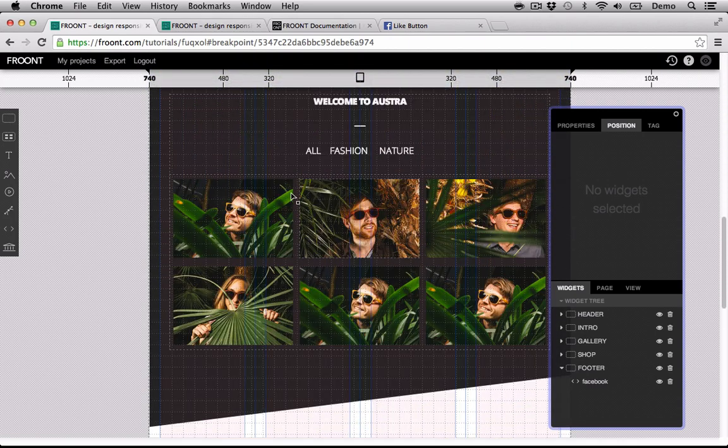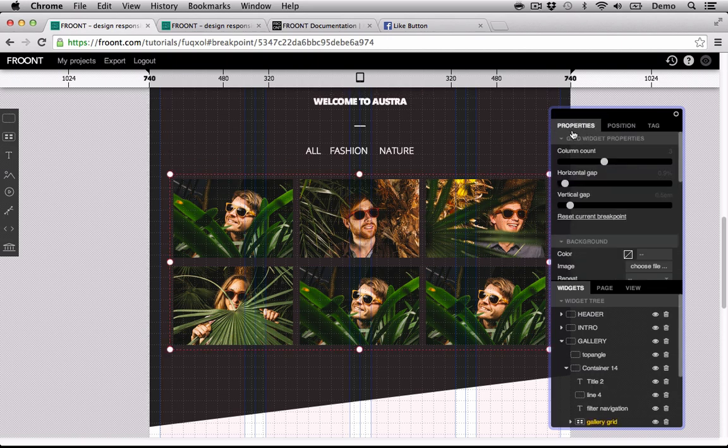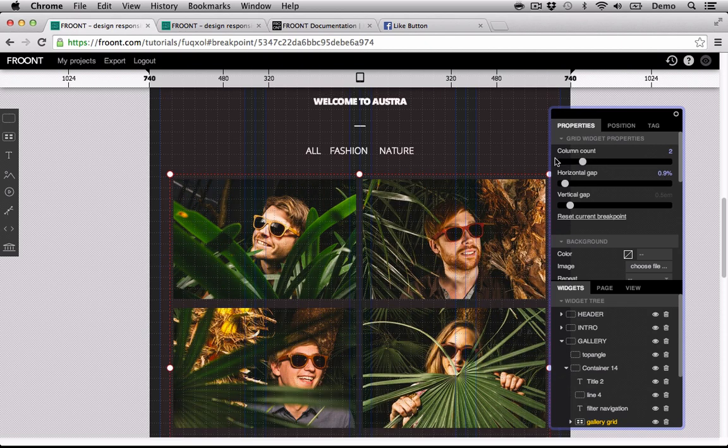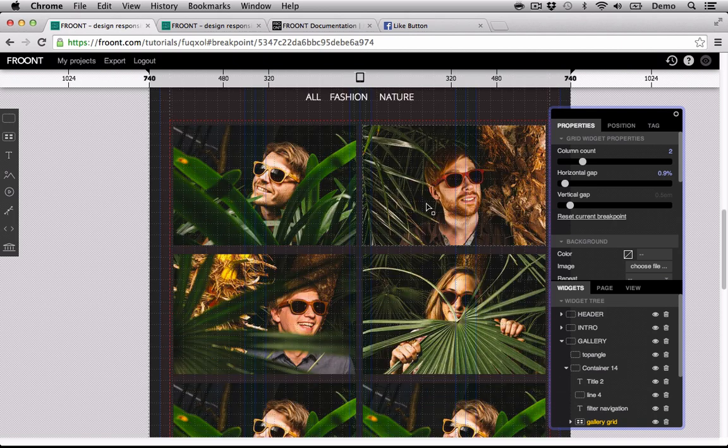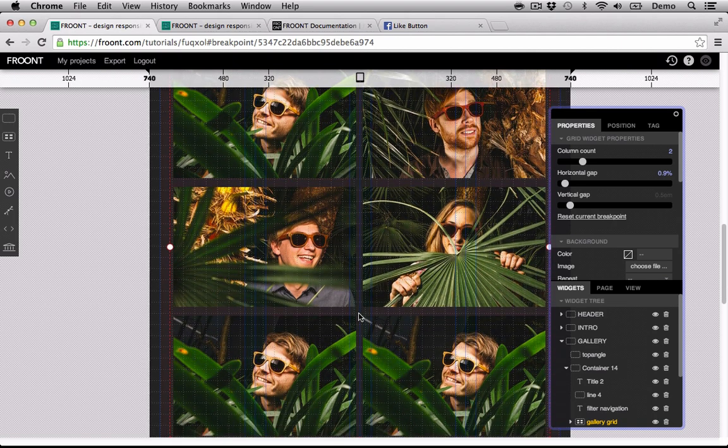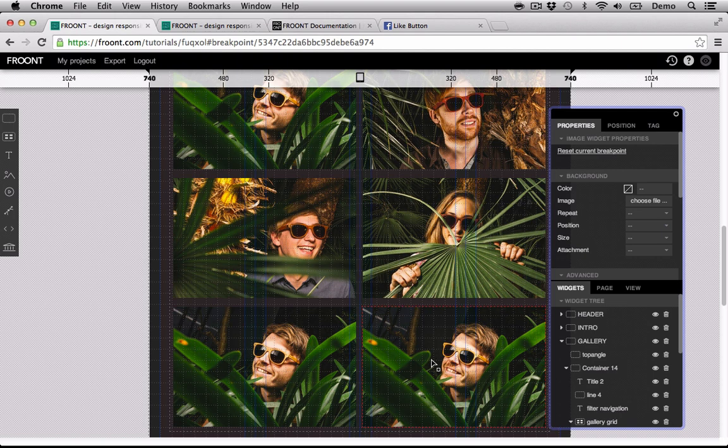Now I don't need 3 columns because it's too small. Let's change it in property sections. Let's choose this grid, and let's change column count to 2. As you can see, right now it's 2 columns, 6 pictures, and I don't want those 2 last pictures, so